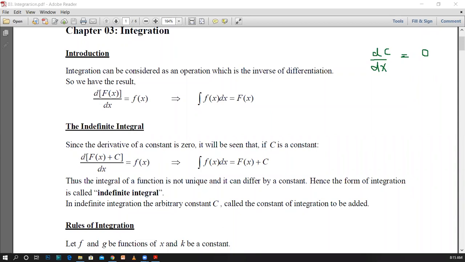Now, if you have a function in this form, think about f(x) being a function which has x terms only, and the complete function is made by adding a constant c to this f(x). If you differentiate this function with respect to x, you will identify f(x). It is quite like this. Now think about these two functions.